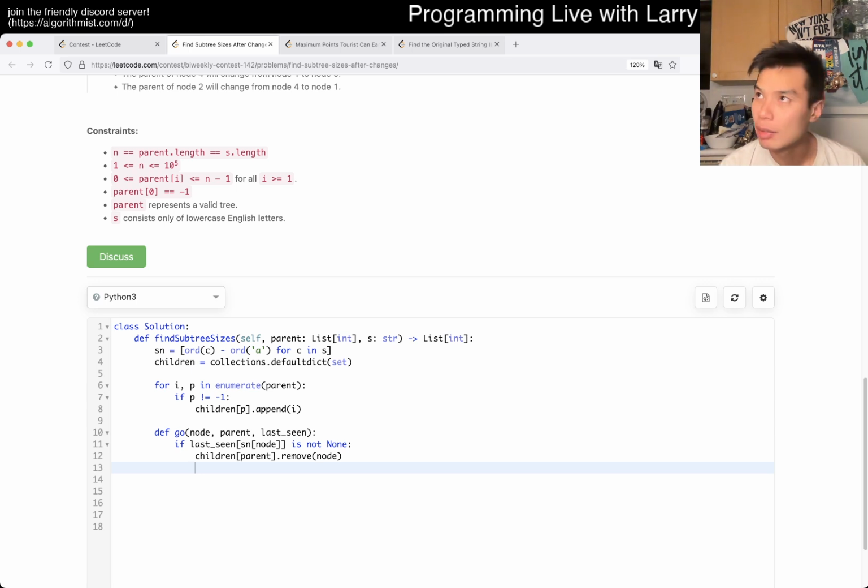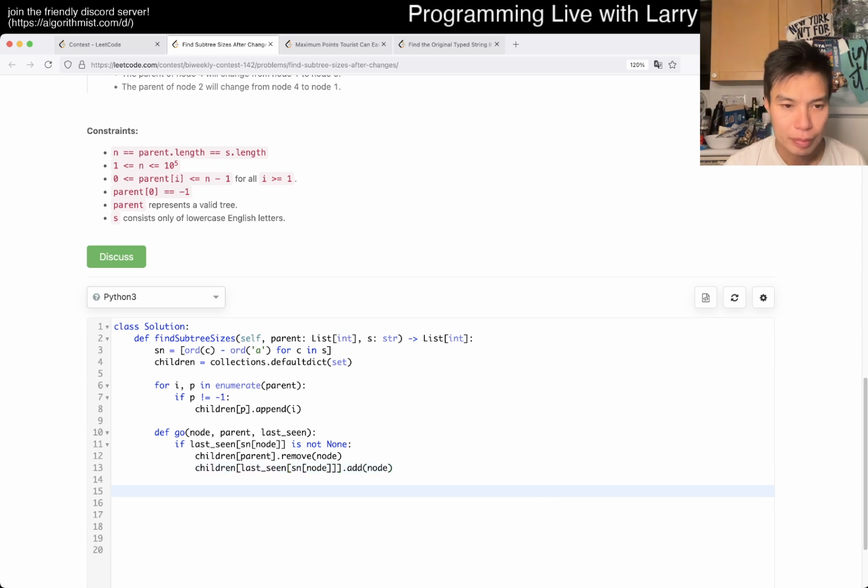Trying to fit. The recursion could be very tricky actually, because of this simultaneous thing. I don't know if there's a race condition thing. I don't think so, but we'll see. Okay, so we remove the child, and then we set the last seen of Sn of node, add node, children of this.